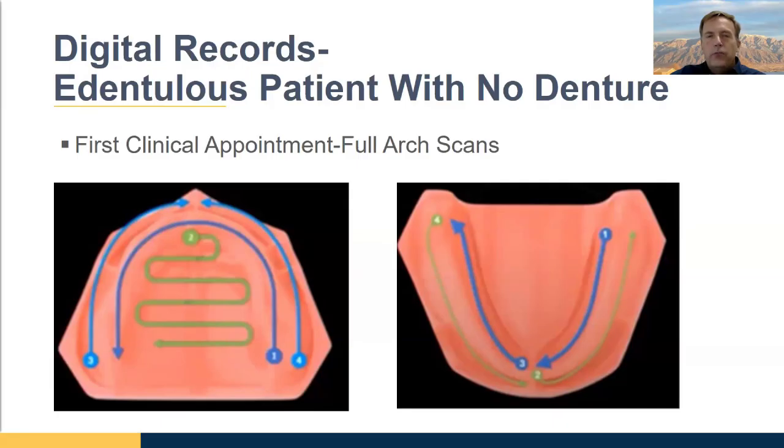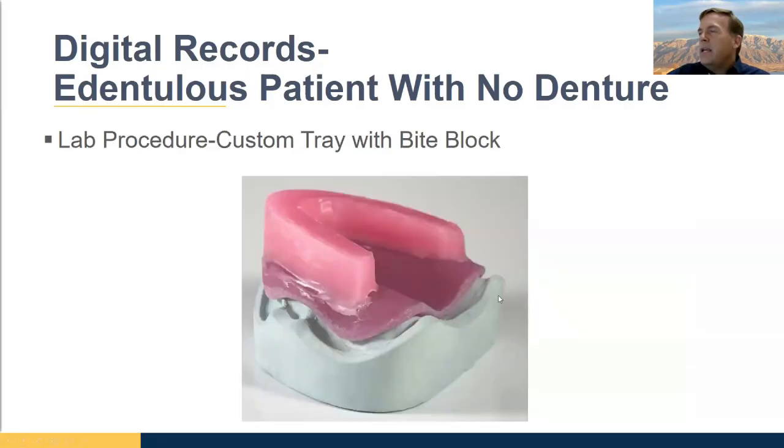So what your laboratory will do is they'll make a bite block, but it'll be like this, where it'll have additional offset on the intaglio side, and then it'll also be short on the borders. So what you're going to do on this is you're basically going to do a reference denture workflow. You'll check it in the mouth, make sure it seats well, paint it with adhesive, and then do your border molding, just like we talked about before. Once that's seated